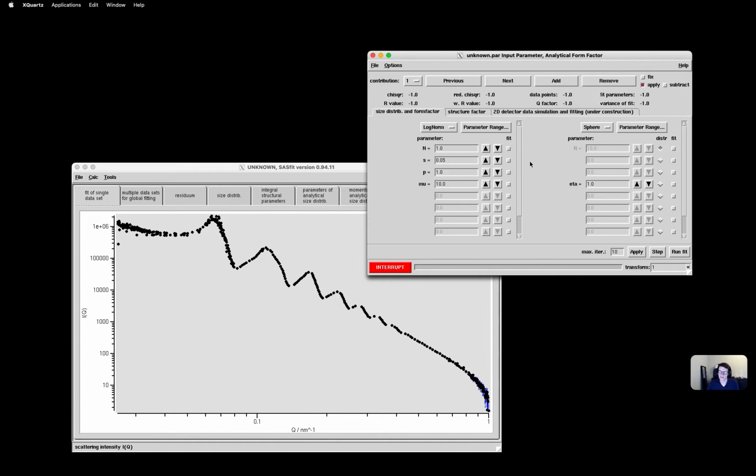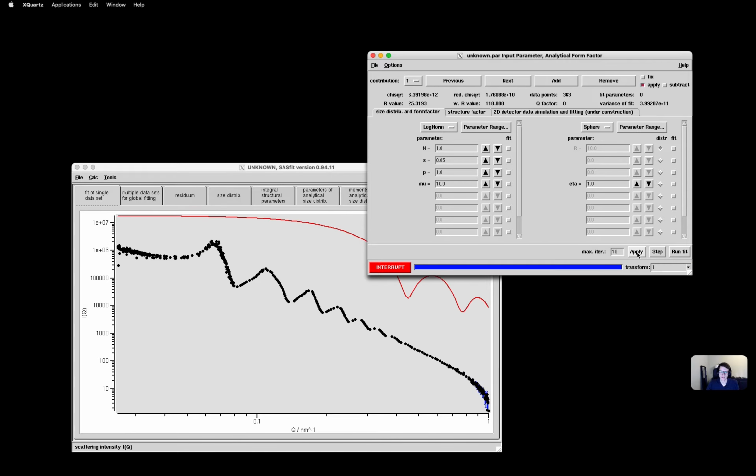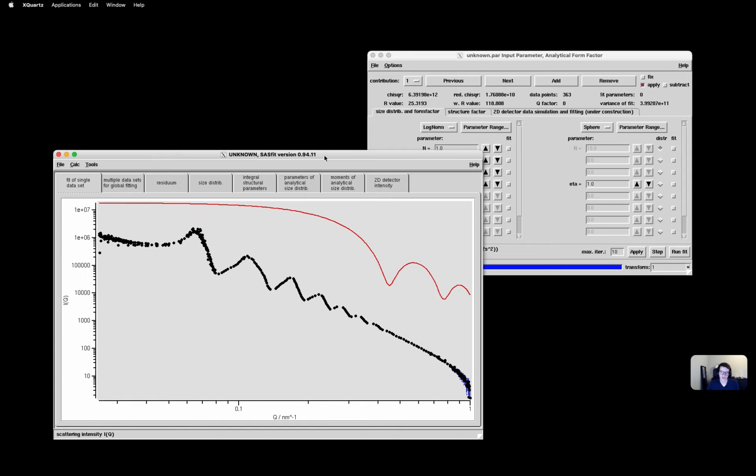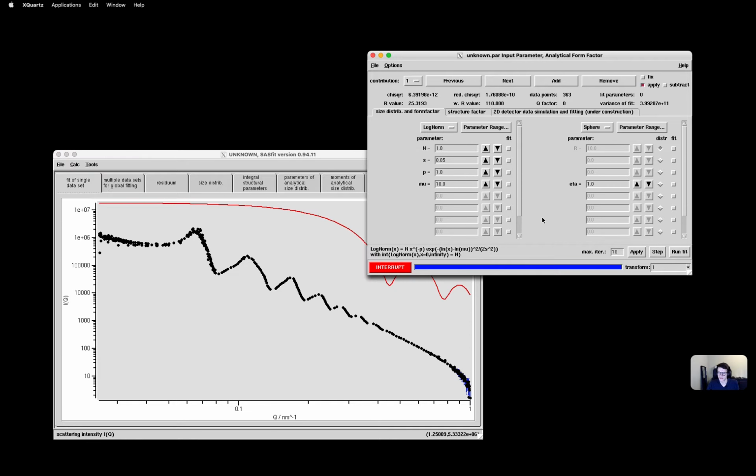By default, in the parameters window, we have spheres and polydispersity with a polydispersity by a log norm distribution given. So if we just plot this curve, we see already a model here in the background, and the default values are already a bit off, but at least the oscillations kind of fit, but are in the wrong place.